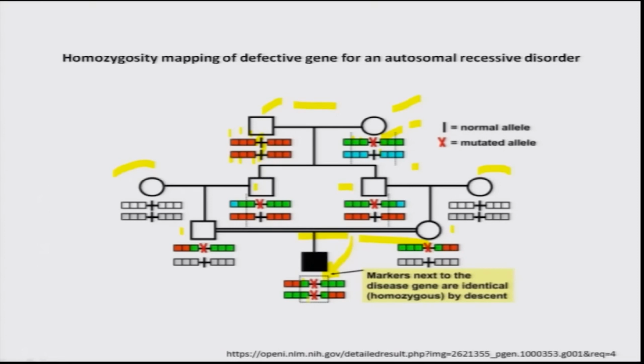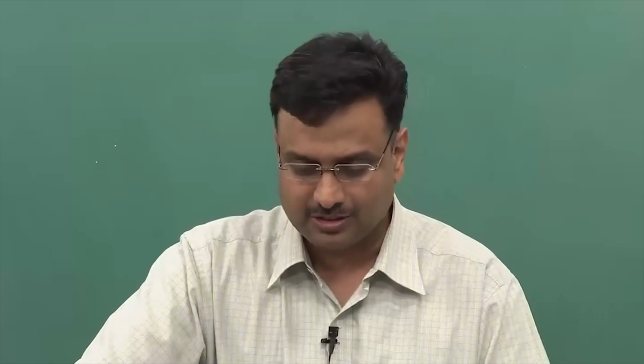So, if you are able to look at which allele segregates with this phenotype in this family, and whether there is a homozygosity for a given allele, invariably every affected is homozygous for that particular allele, that would give you a clue that a gene could be located here, and that is what is called homozygosity mapping when you look at recessive disorders, because normally, as you have shown here, it is the same defective allele. When it comes in the homozygous condition, you end up having the disease, because most often these are consanguineous marriages within related individuals, and as a result you should see this here, and that is again shown here with a real life